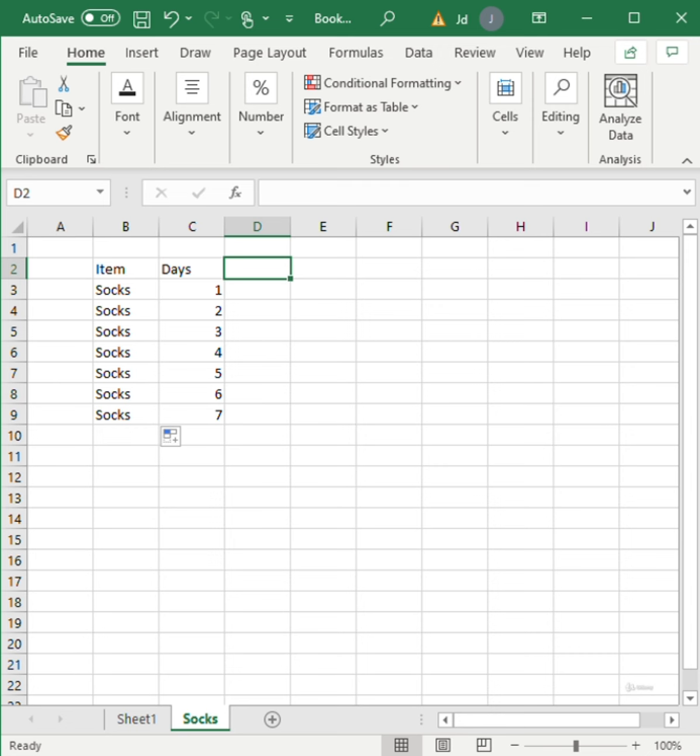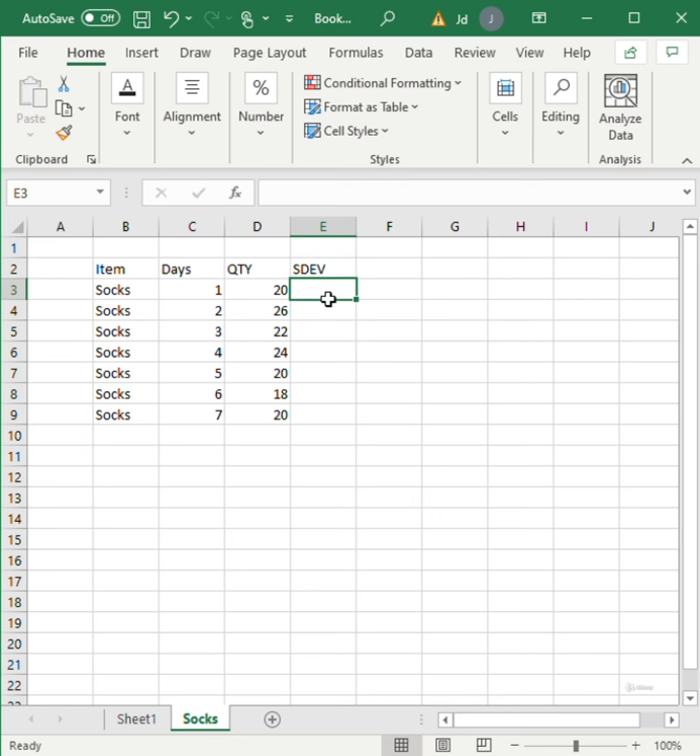We write down the quantity. So looking at our first sheet, we could start off with 20. Then we had 26, maybe 22, 24, 20. Maybe we lost a couple of pairs, and we ended up having 20 socks at the end of the week. After this, we can calculate our standard deviation.